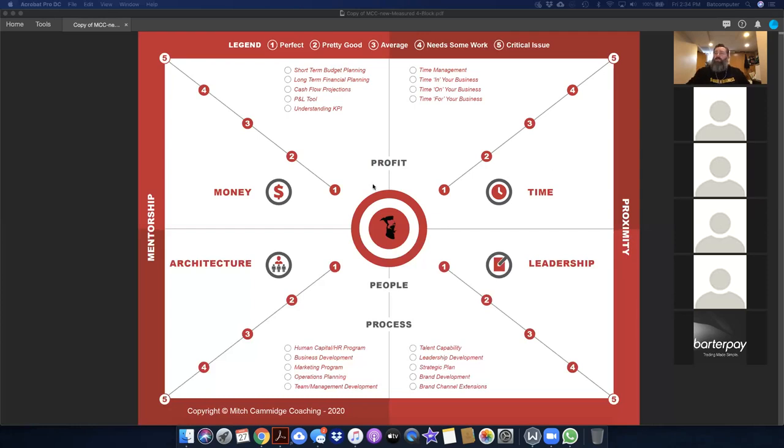So that's where, as business owners, and I'm talking to everybody that's on this call for a moment, we have this little legend at the top. 1's perfect, 2's good, 3's average, 4 needs work, and 5's critical. If I go into the money component and I look at each one of these parts and I say, short-term budgeting, do I have a budget? Do I think it works? Do I stick to it? Is it really helpful? Can I give myself a score? If I can, we use our little legend at the top. 1's perfect and 5's critical, or 1's great and 5's terrible. What score would I want to give my business? I'm going to give it a 2, for example.